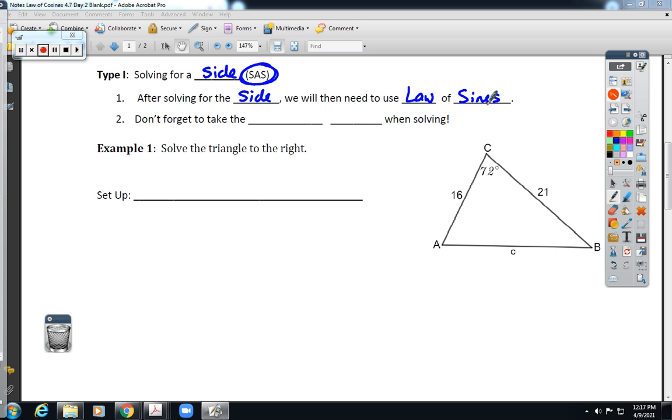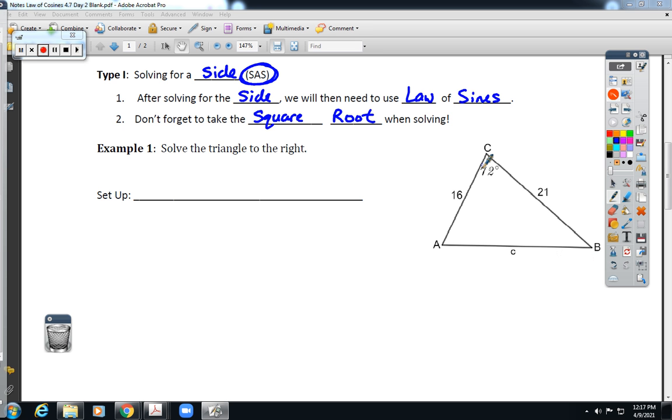And we always need to remember that we need to take the square root as we work through this portion of the problem. So let's take a look at an example of a side angle side problem. Over there we've got two sides and the angle in between them. So this is not the ambiguous case of the law of sines, because we don't have a pair of angle and side, right? The angle is between the two sides,